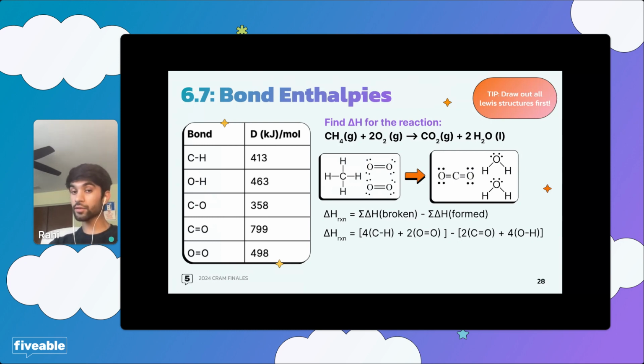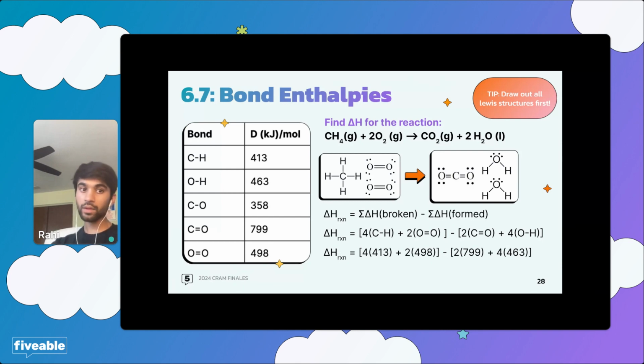That's why drawing out the Lewis structures is important, because if you didn't, you might be like, oh yeah, carbon and oxygen are bonded. And then you might just look at the first one that you see, which is that one, and then use that. That's wrong, right? So draw out the Lewis structures. Notice how many bonds. Is it a single? Is it a double? Is it a triple? Probably not, but it might be, like an HCN. Stuff like that, right?